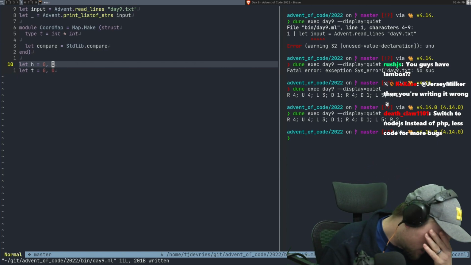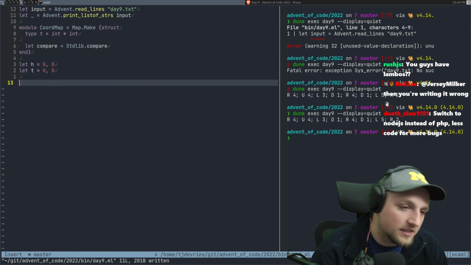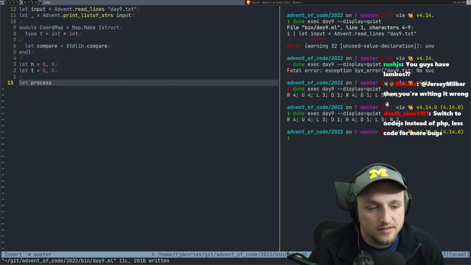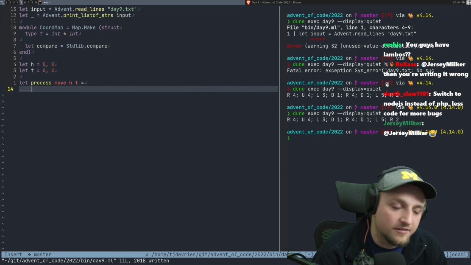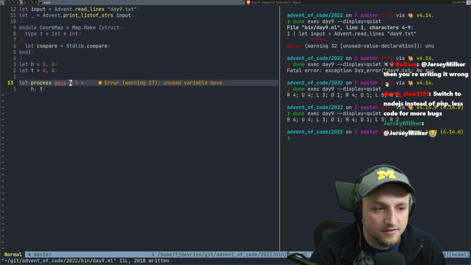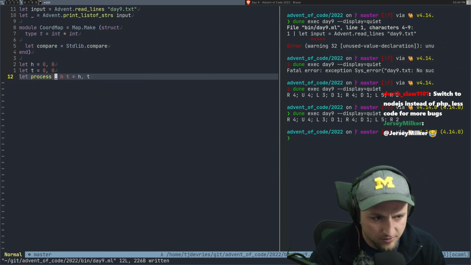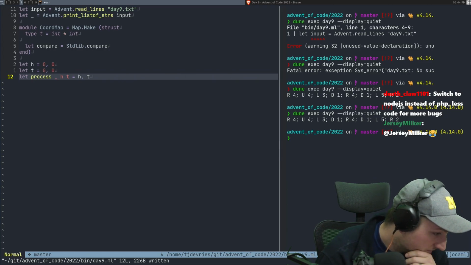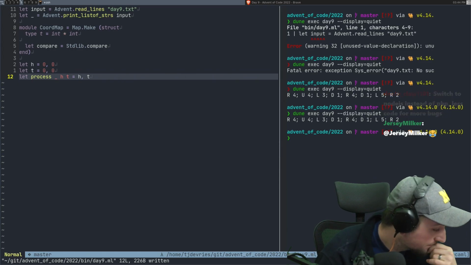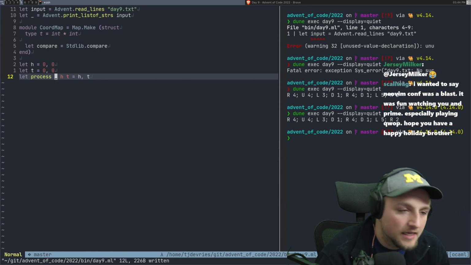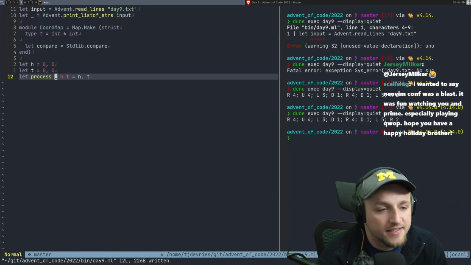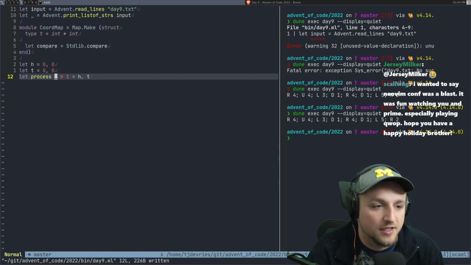Okay, so let's just let process. It's gonna take a move and it's gonna take a head and a tail. And for now, it's just gonna return head, tail. It would do this, right? You keep on returning head, tail, and then they decide what they want to do, right? So like,